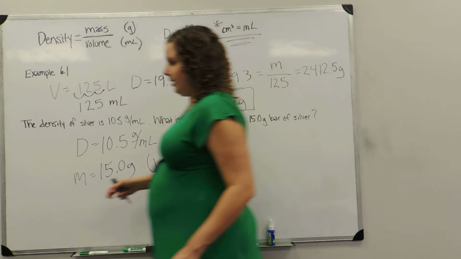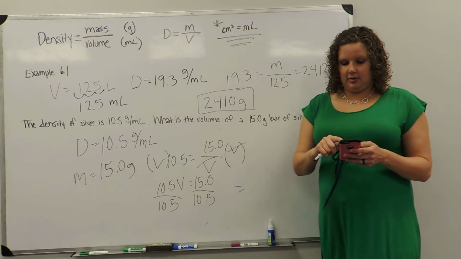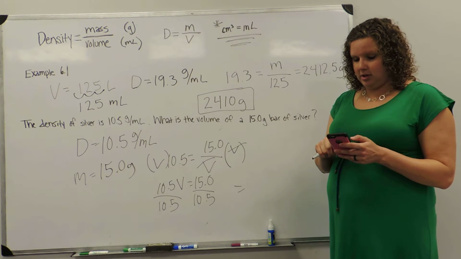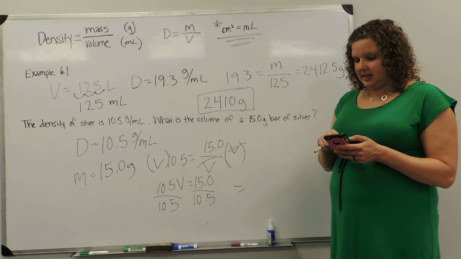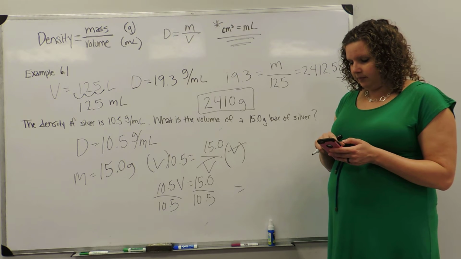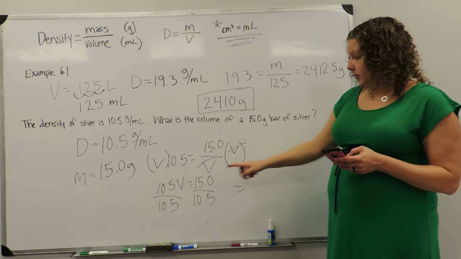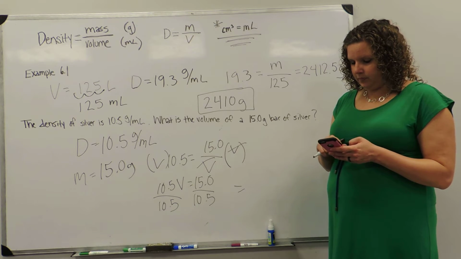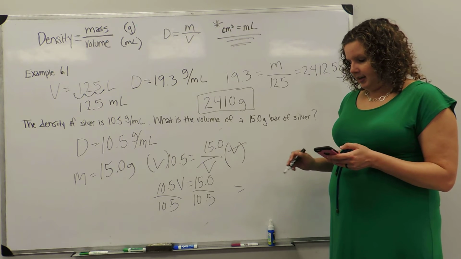All right, let me grab my calculator real fast. Or my phone. However, I don't recommend using your phone in general. I recommend using a real calculator. This one's pretty easy though. Your phone will be able to handle it. So you want to do 15.0 divided by 10.5. And I got